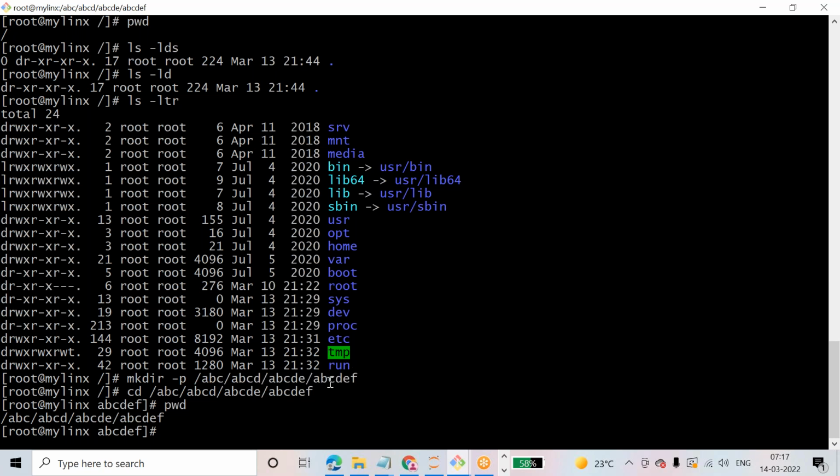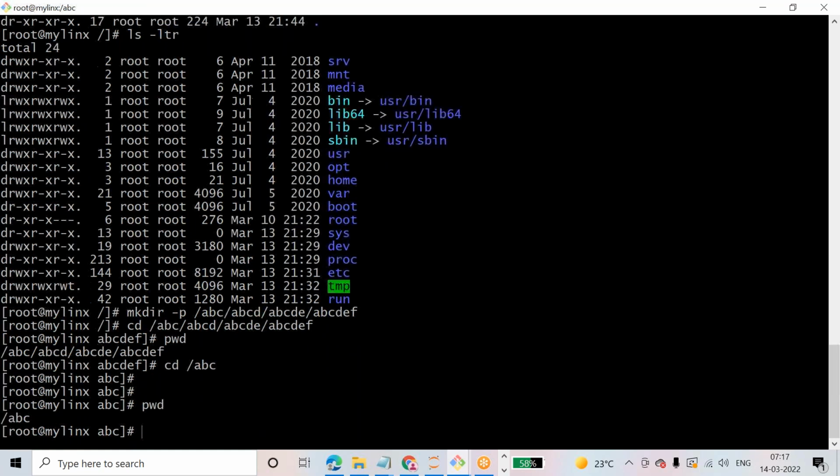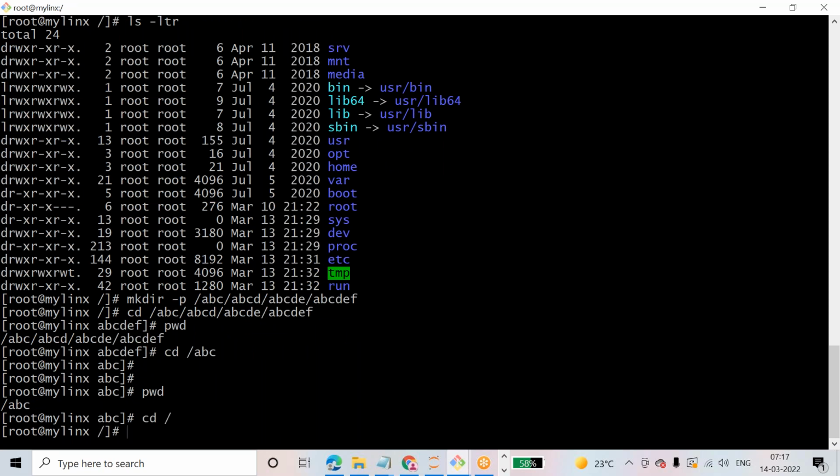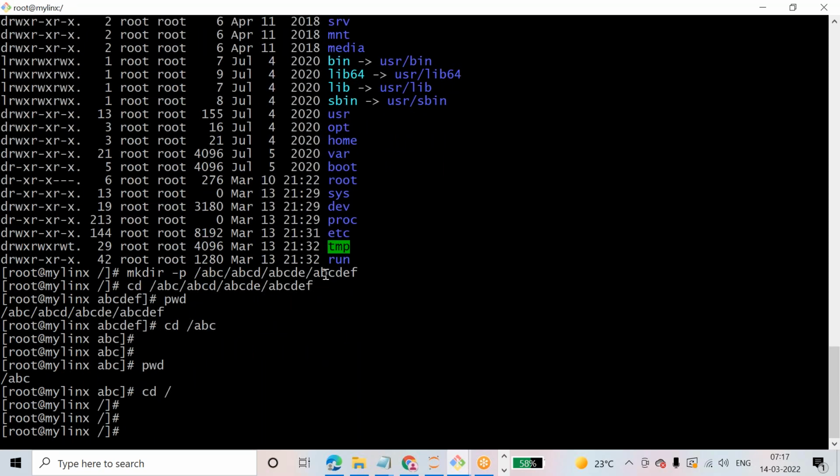Okay, now what will happen if I want to create one more directory inside of this? Okay, I'm in root now. Okay, let me create, instead of this, mkdir